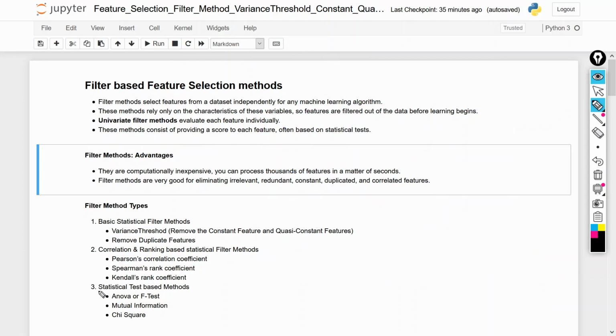So the third one is your statistical test based method. It means ANOVA, mutual information or chi-square test. These methods we have already discussed in our statistics playlist, where we discussed that these are the 2 data sets we have.